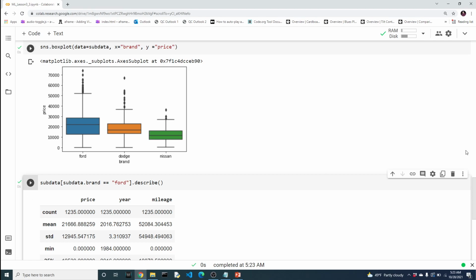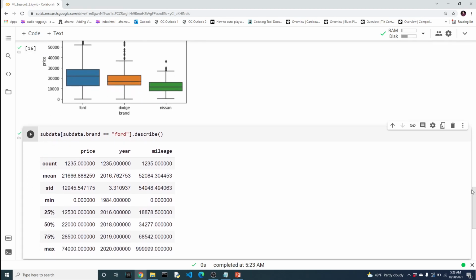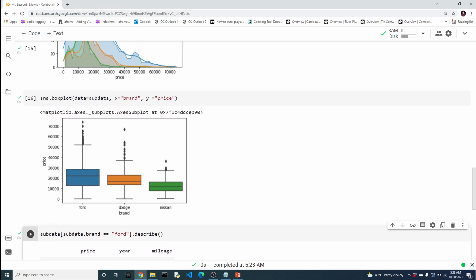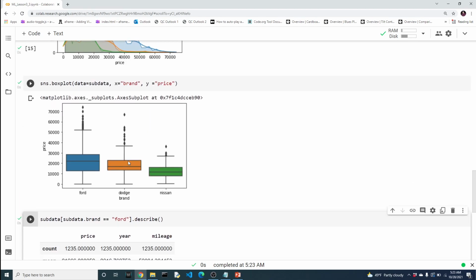All right, so what the box plot does is it takes some of this information that comes from the describe, such as the min, the max, these quartiles, and translates it to a graph. Now, again, this can show you a little bit of that density of where your data exists. Again, these are those quartiles. This is the min, and this isn't the max, but I will tell you anything that's above this, you can